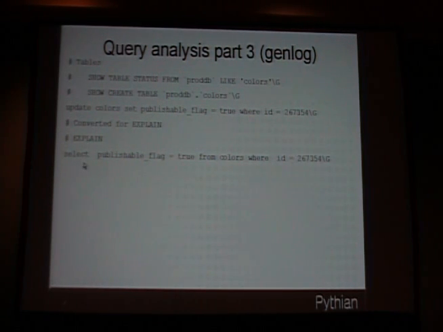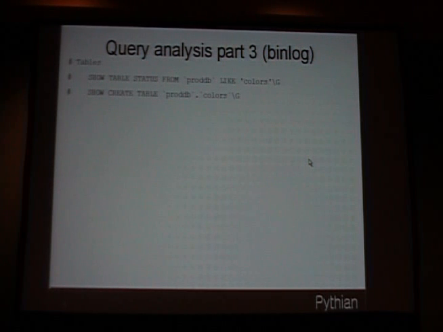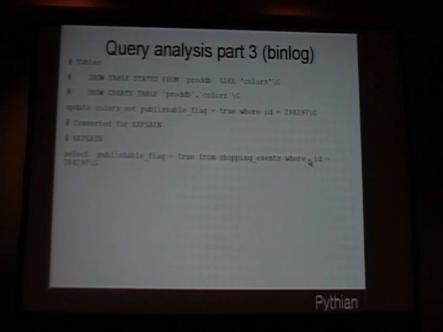So you can see here, select publishable flag equals true from colors where ID equals 267354. I wouldn't have publishable flag equals true. I would actually say select publishable flag from colors where ID equals 267354. But this is an automated program, so it's pretty darn close, I'd say, for not having to do anything, not having to think about it myself. That's not bad. So from the binary log, we basically get the same thing, converted for explain,